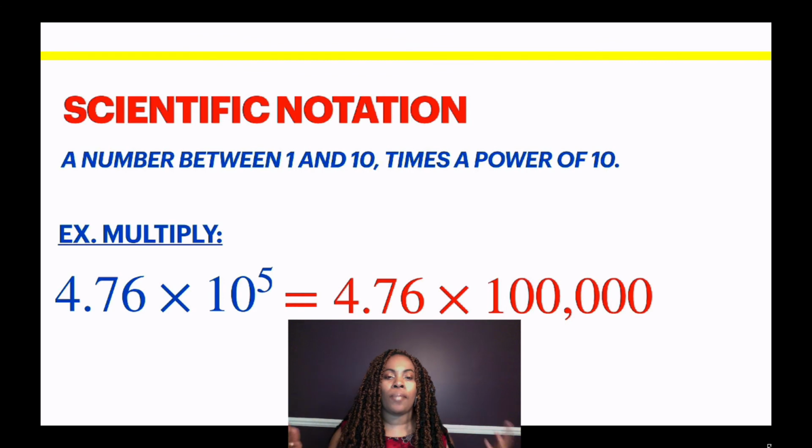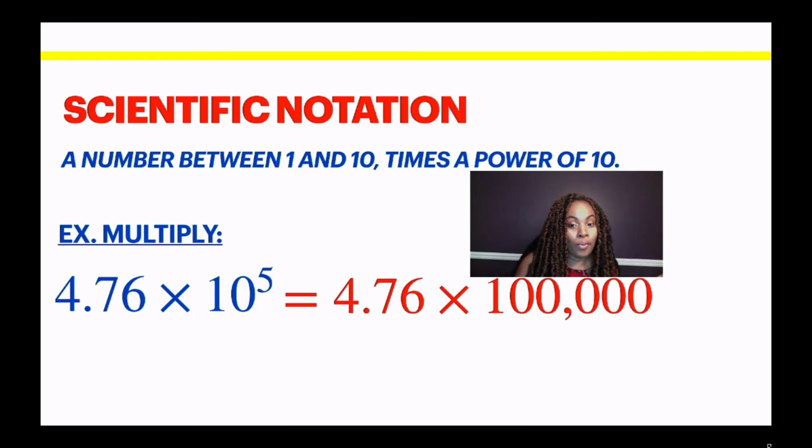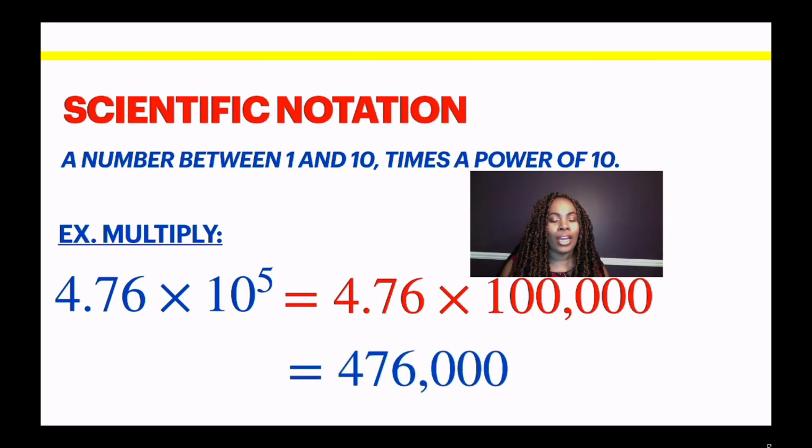Now, when you also think about that 10 to the 5th power, what we used to do with the exponents, the long way was to say 10 times 10 times 10 times 10 times 10. But don't forget, this shortcut right here exists where we know that that means that there's 5 zeros at the end of that number, okay? And in our last example, we just found out that the amount of zeros tells us how many places we need to move our decimal place to the right. So that means we need to move our decimal place to the right how many times? 1, 2, 3, 4, 5 times, okay? So if we do that, we end up with